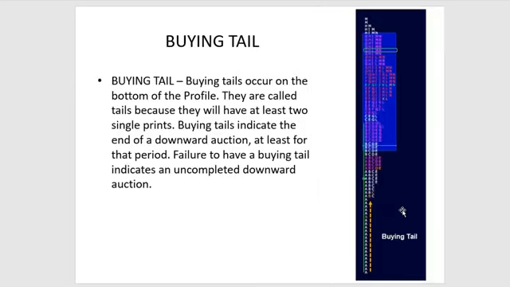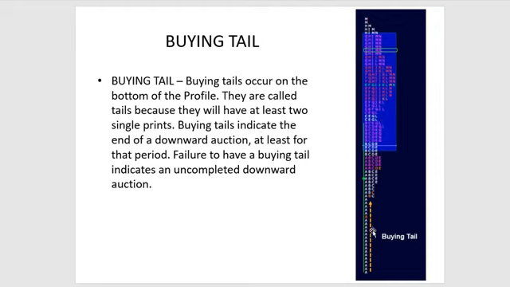We have other types of references. We have buying tails and selling tails. An example in front of us now, we have a buying tail. So the market opened at the green dot, traded lower, buyers stepped in and aggressively took the market higher. This is called excess. We talked about excess before. The market went too low, found buyers, and then the market worked its way higher for the remainder of the